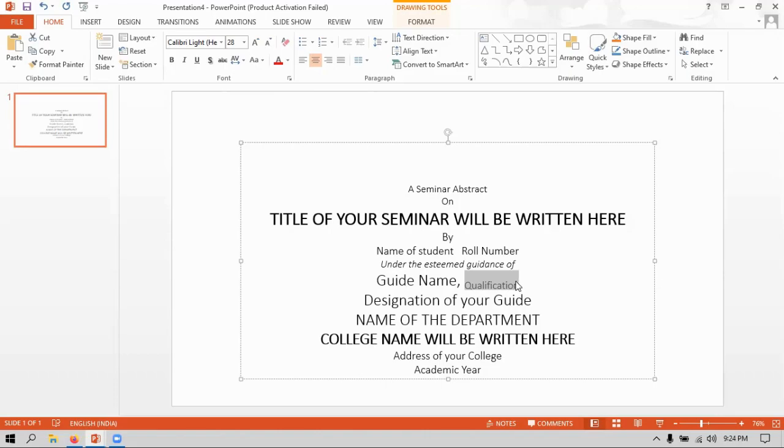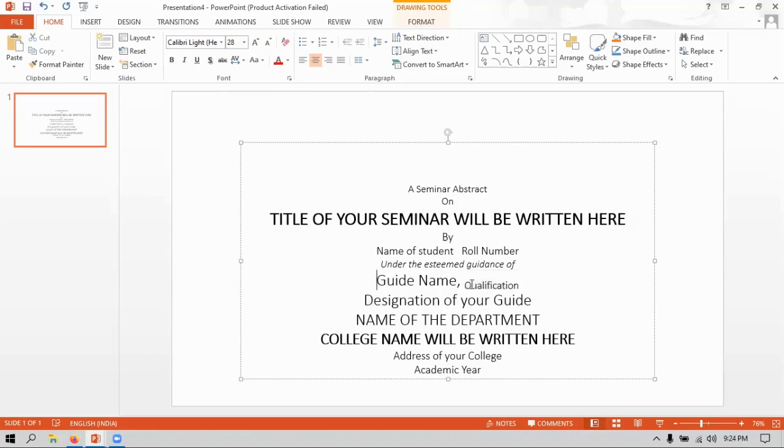When you press Control plus, it will provide the subscript option. That means the text will be subscripted. And if you press Control Shift plus, it will be superscripted. Anyhow, I will maintain the subscript because I want the qualification to be represented beside the guide name. Followed by the designation name.